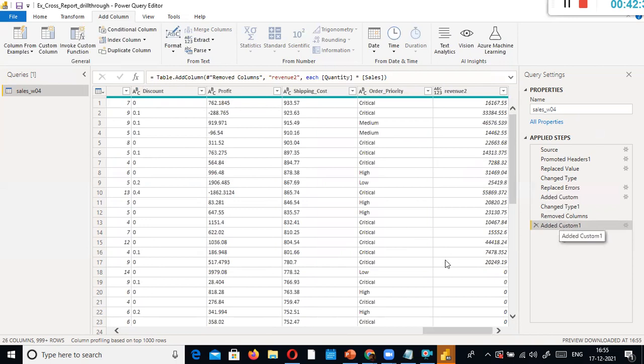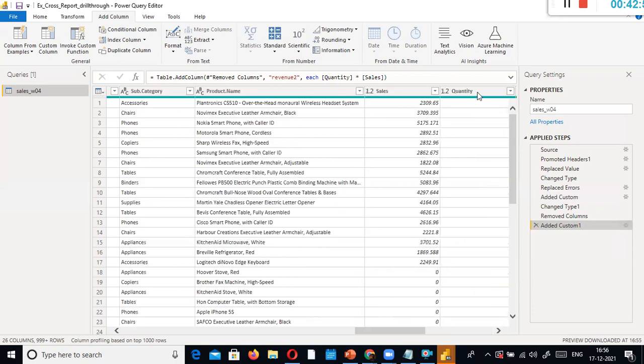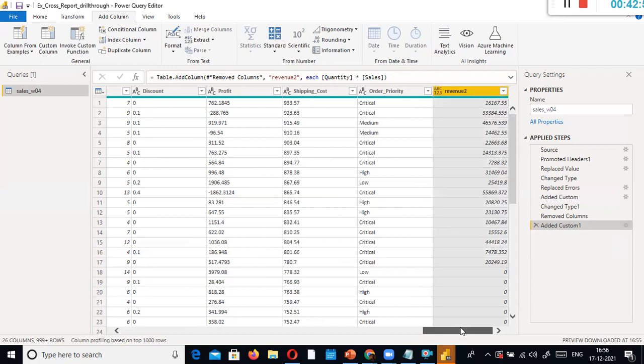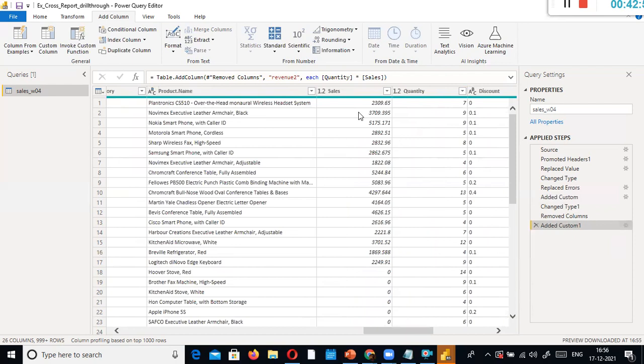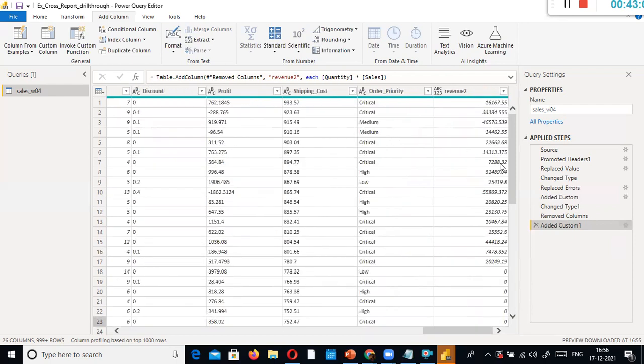The steps. And always make sure that you keep the cursor here whenever you do any transformation. So what is the transformation? In this case, I created a new column. How did I create the new column? Based on the existing columns, the quantity and sales. I multiply the quantity by the sales value. Where is the sales? Yeah, this is the sales, right? Quantity into sales. That gives me some number. Let's say now I assume that this is my revenue. So this is how you can create a new column using the custom column.